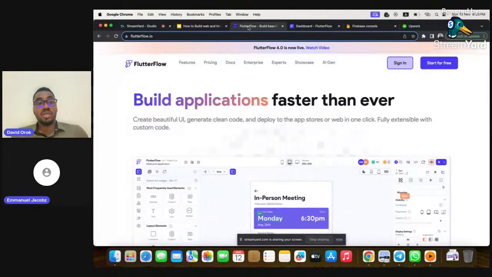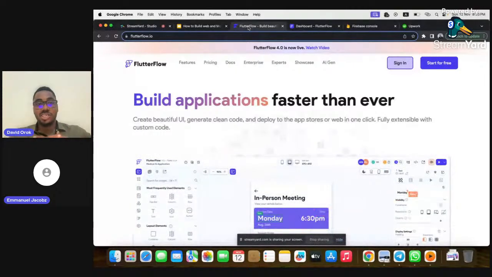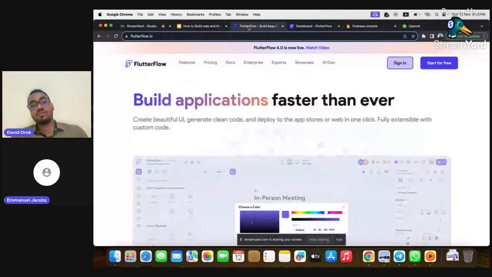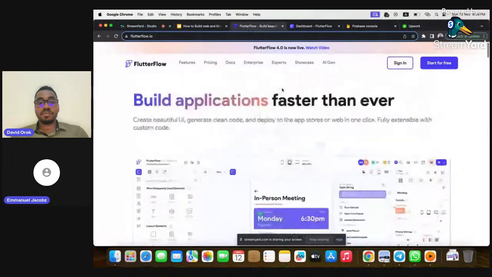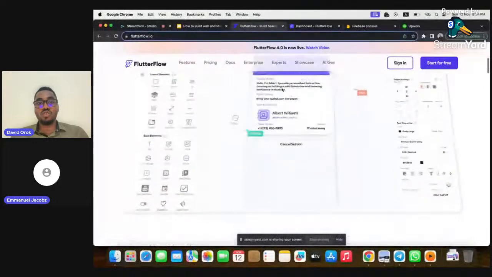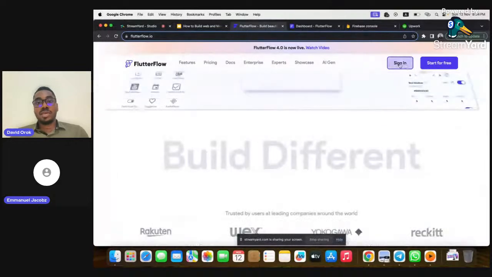this mobile application. But so much of that has changed because now we have FlutterFlow, and FlutterFlow is one of the most powerful no-code instruments that developers of this age and generation are now using to build mobile applications. They are using it to build web applications without writing a single line of code. And today and tonight, we're going to be talking about how to use this wonderful tool to build a mobile application. So if you don't have an account, you just have to go ahead and click start for free and